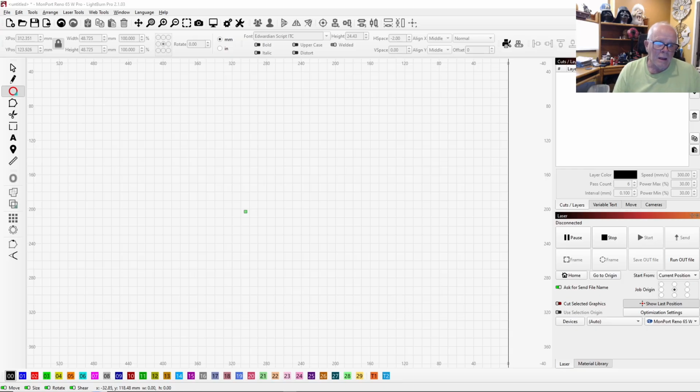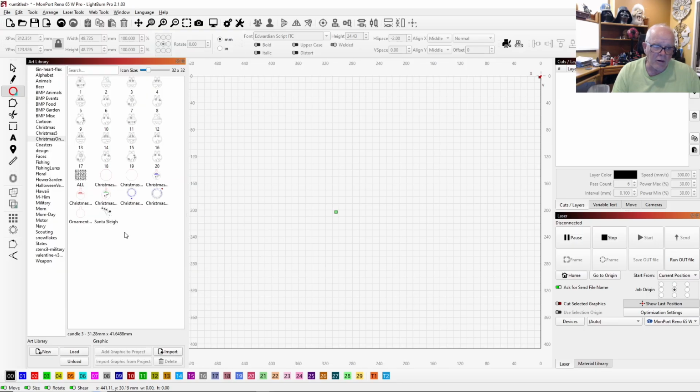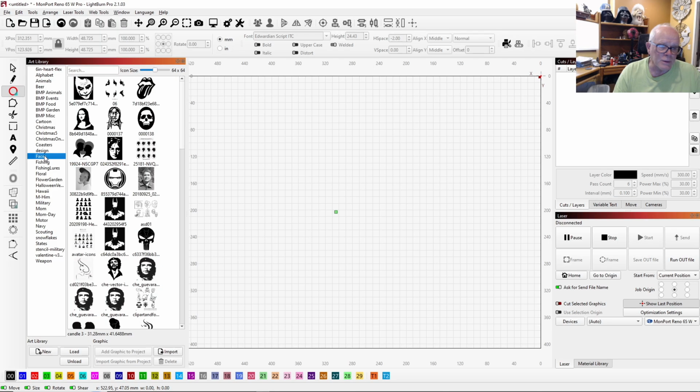So let's start. I'll open up the art library so you can kind of see how that is. It's a really simple one. You just go to Window, you scroll down until you see Find Art Library, and you click on Art Library, and then it opens up your art library. For me, I have Christmas ornaments on here already. I'm going to actually enlarge the size of this so you can see the elements a little better. And that's just on the top icon size. I have a lot of different libraries in here, so, faces,